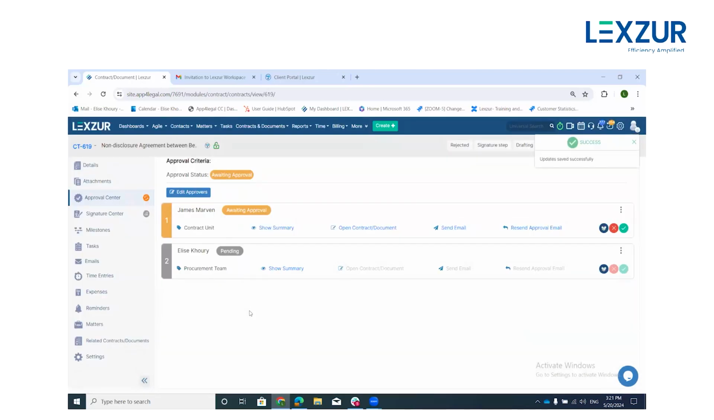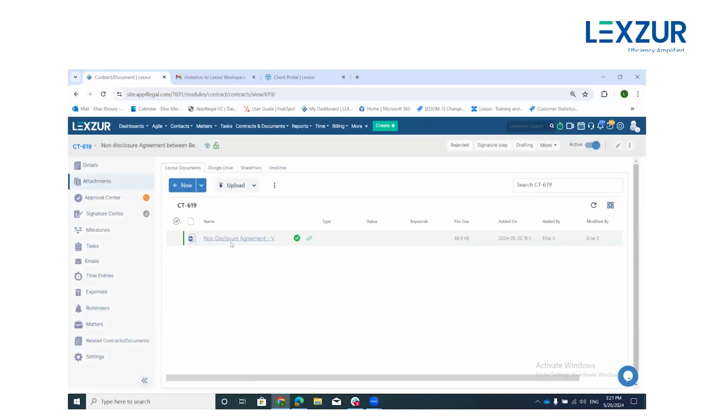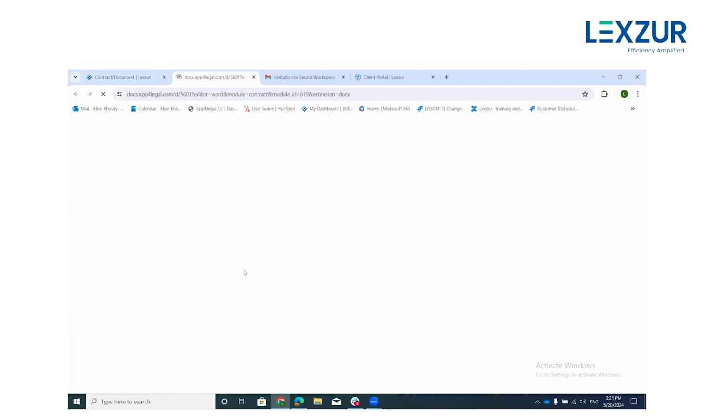So now James will receive an email notification to approve the contract, and he can approve it automatically from the email received or from, as you can see here, the main system, because James is one of the contract units. So he can open the contract automatically from there, or he can go through the attachments and open the document. By just clicking on the document, you'll be redirected to the